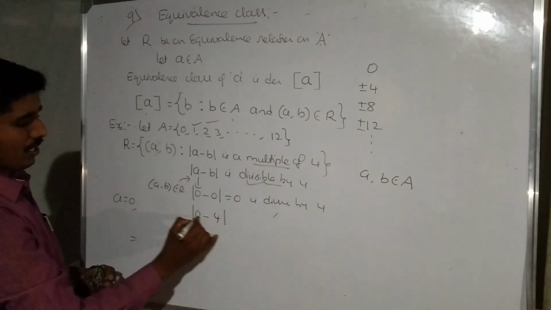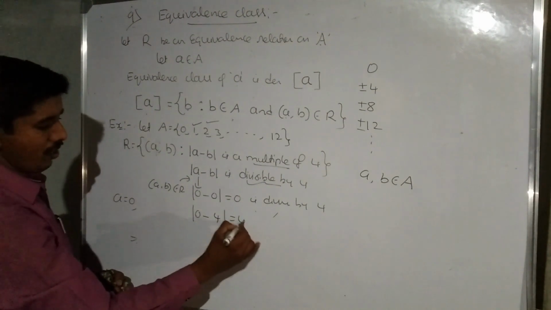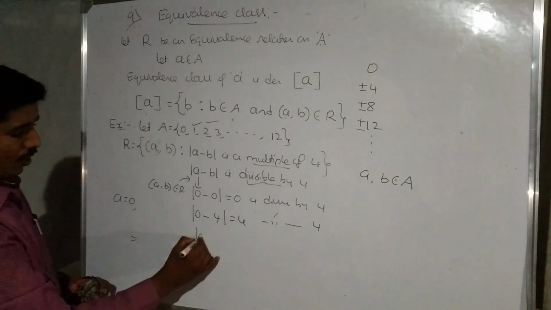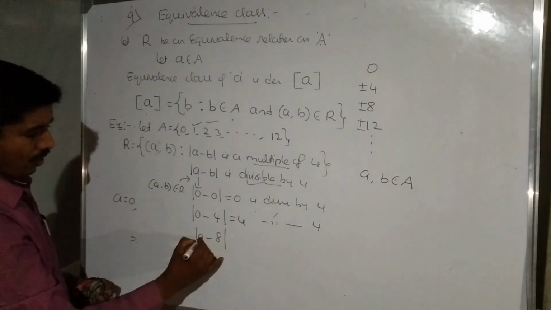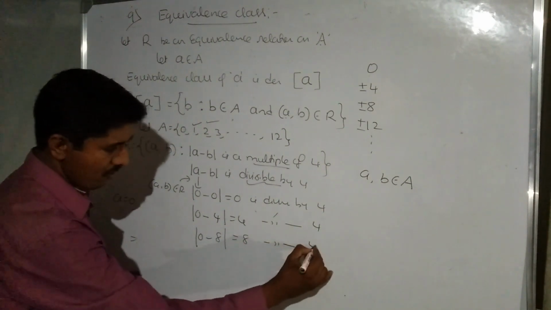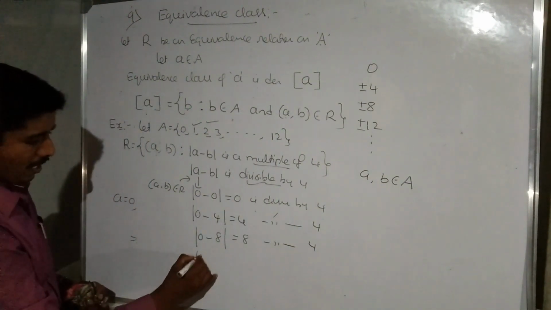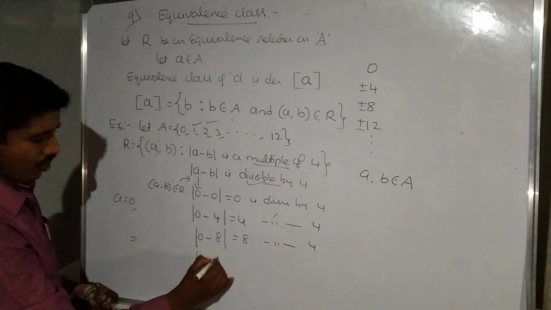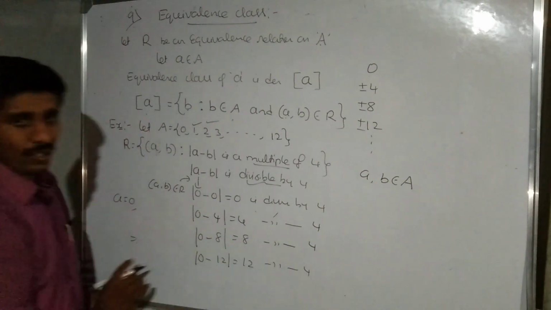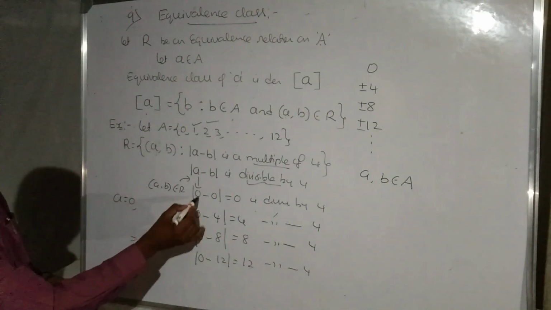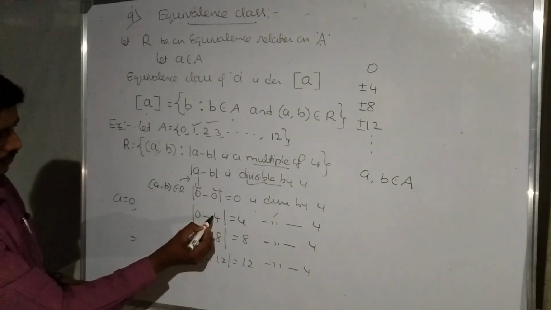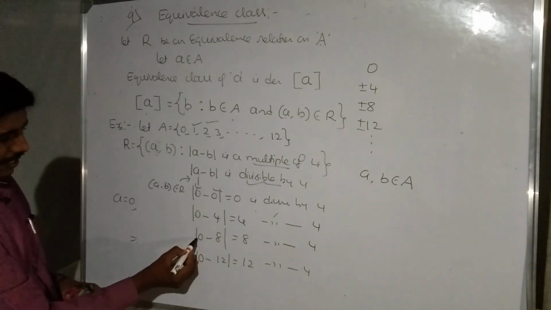0 plus 4, 4. Modulus of 0 minus 4, 4, clearly which is divisible by 4. Next, 0, 4 plus 4, 8. Modulus of 0 minus 8, 8, clearly which is divisible by 4. Next, modulus of 0 minus 8 plus 4, 12, equal to 12, divisible by 4. Here which elements are related to 0? This is 0. Here 0 is related to 0, 4 is related to 0, 8 is related to 0, 12